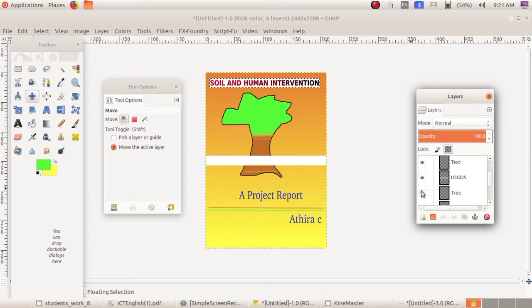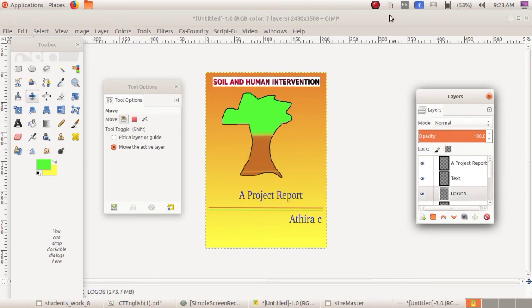If you don't want to see the tree, just click on the eye icon on that tree. Then if you don't want to see the name, then just click on the eye icon. If you don't want to see a project report, you can click on the eye icon.